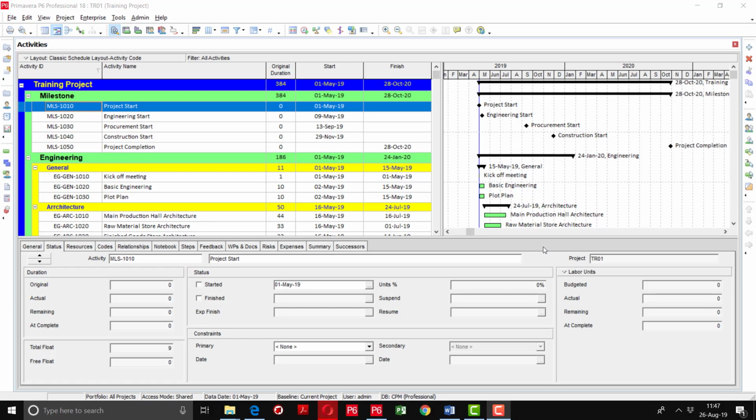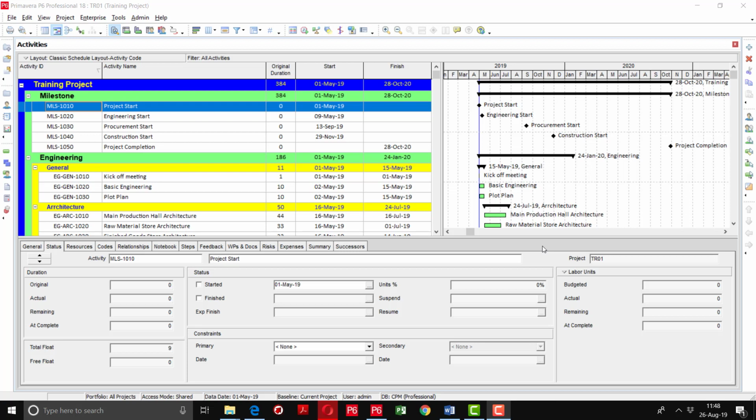Now I am going to tell you how to group and sort the activities. It's a very important feature available in Primavera. Organize activities by grouping one or more data items like phase, department, responsible person, dates, total float, custom user fields, and others. Grouping data enables you to focus on activities that have something in common.